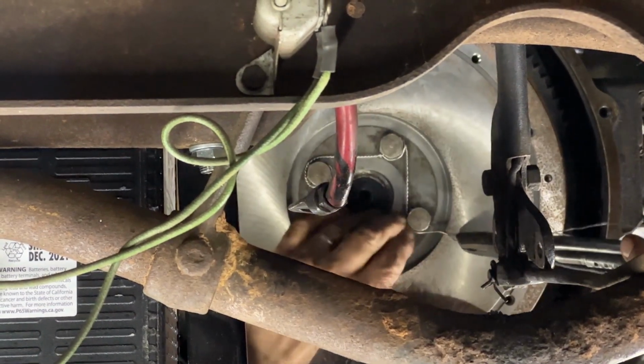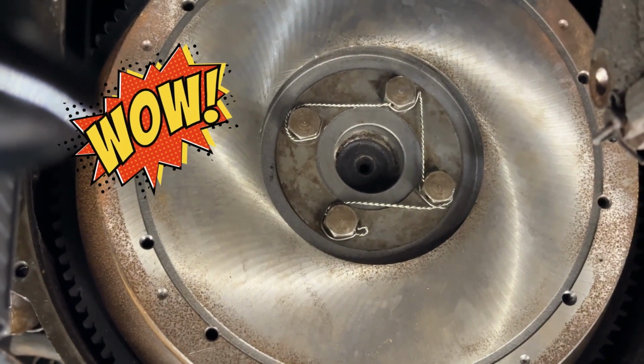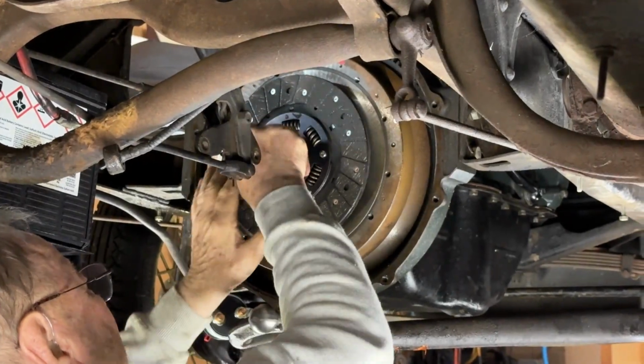Pretty looking. Bob, we live in Milford. All right, we have a professional airline mechanic that did our wire ties for us on the flywheel. How spectacular. We got the bearing in. Now it's